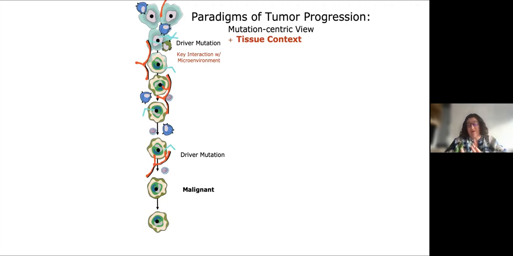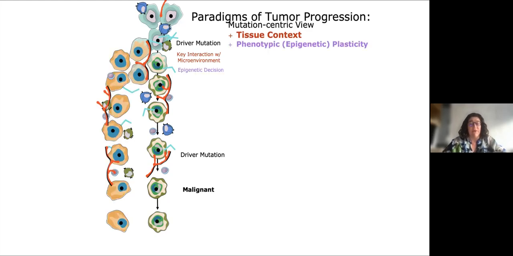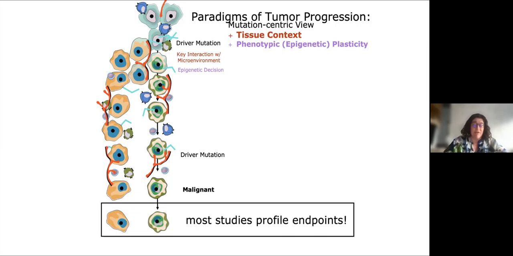Of course, and this is one of the reasons I love visiting Dana-Farber, is that I have a lot of like-minded people who think cell lines aren't enough, and you really need to look at these cancer cells in vivo, because there's just so much interaction going on with their microenvironment. And you need to be able to query the epigenetic changes of these cells, because something is changing about them, and it's not mutationally. Now, most studies of PDAC, and there's been quite a few published, really profile the endpoints, but it doesn't tell you a lot about what happens early on.